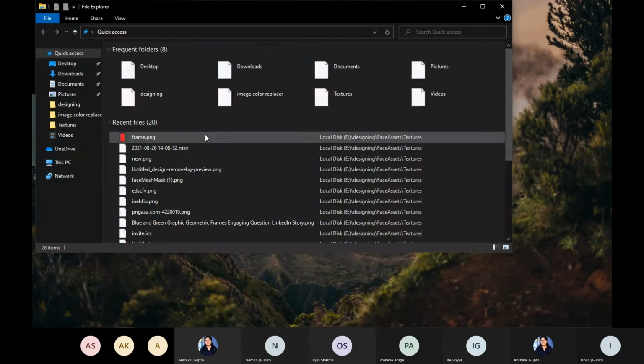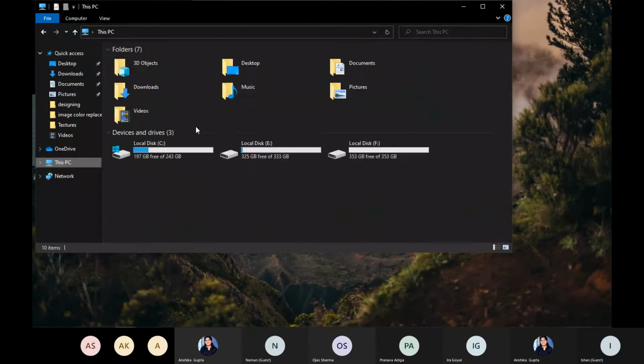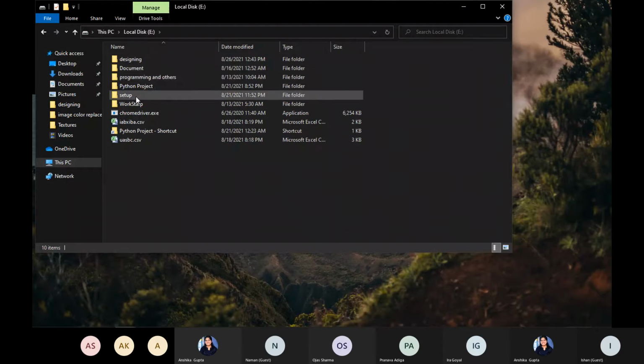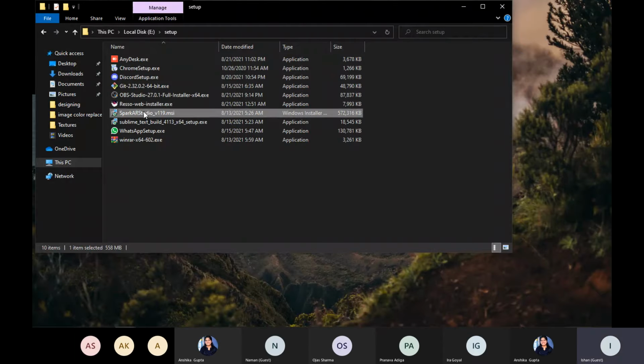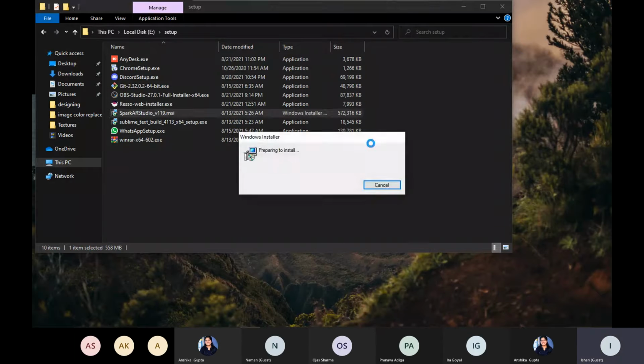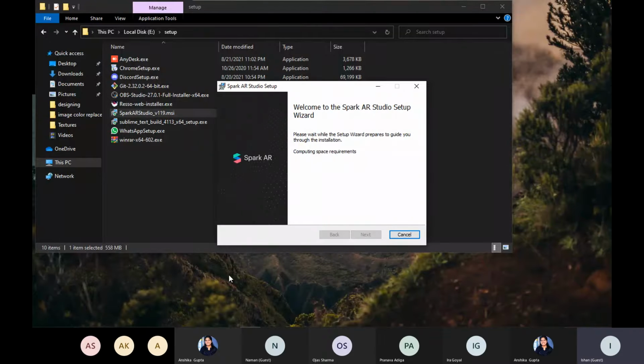Let me show. So I have already downloaded it, and after downloading it, just install it. After installing, just log in using your Facebook account.